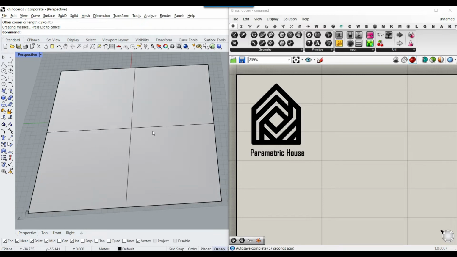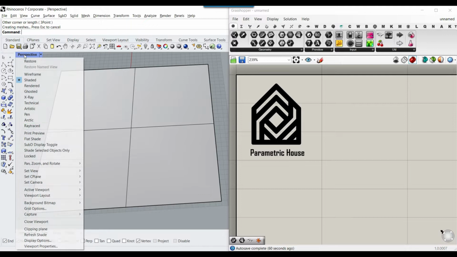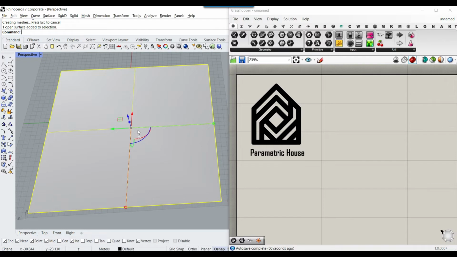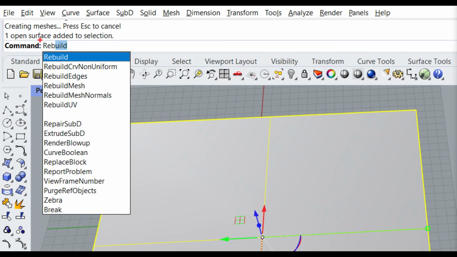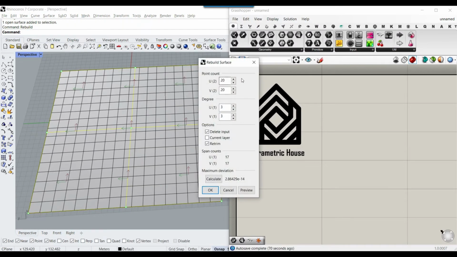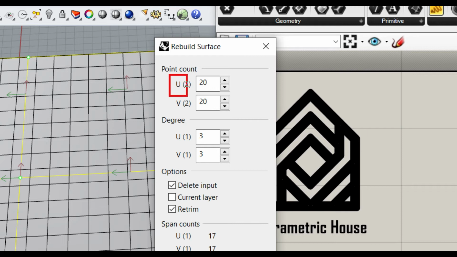Because the number of the UV divisions, especially when you are in the shaded mode, is by default 1 by 1, I'm going to click on the surface and say rebuild. So the rebuild command is going to help you add up the U and the V count. I'm going to select this, rebuild, and as you can see, by default it's 2 and 2,